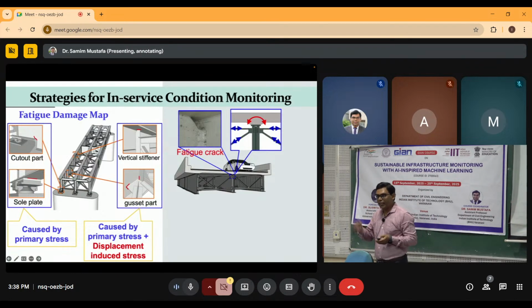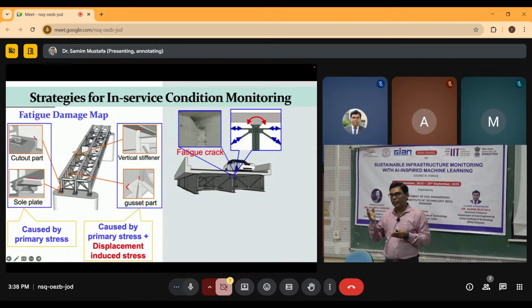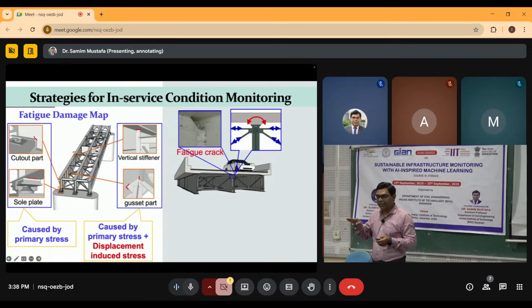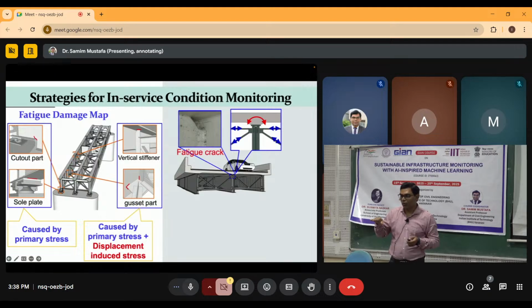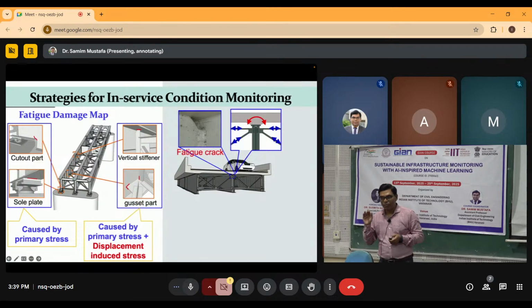So reversal of stress and accumulation of stress, because it is designed for resisting a certain number of load cycles. Okay, so basically primary stress means self weight. So you have not designed your member in a proper way, that's why it is occurring. So you should revisit your design and introduce some more efficient or proper design method,